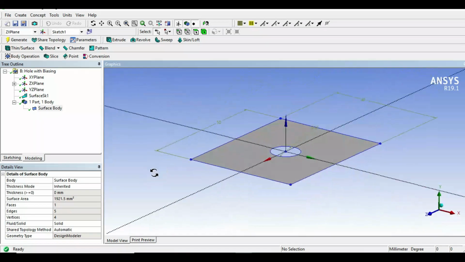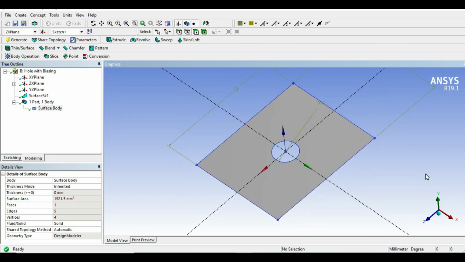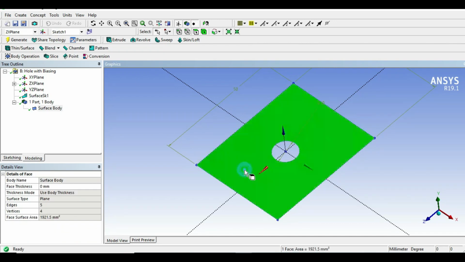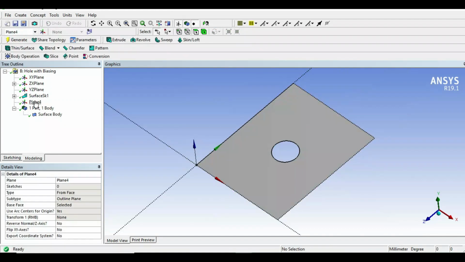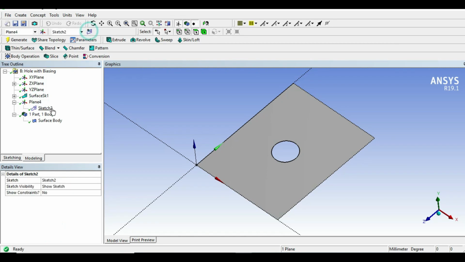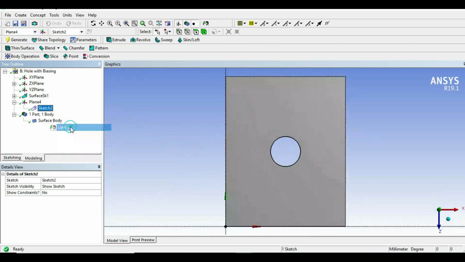So to use the biasing, we need to divide this surface into 4 regions. For this we require again another sketch. For this we have to create a new plane. For this select the surface, then click on this new plane and generate plane. And we have to create new sketch under this new plane. Click on this new sketch and set this sketch for the sketch plane for the sketch. Here